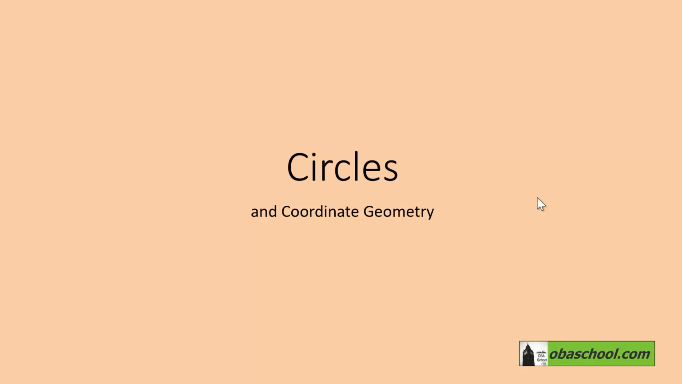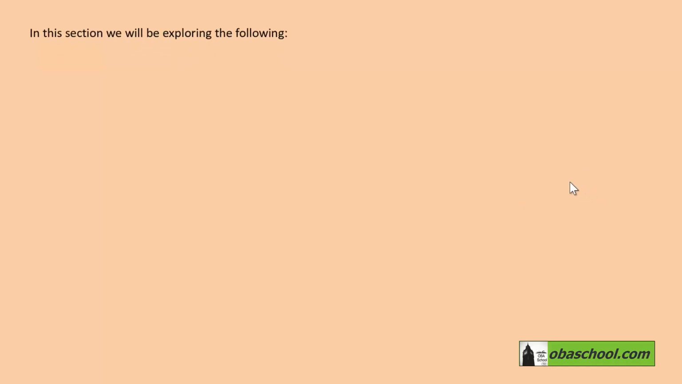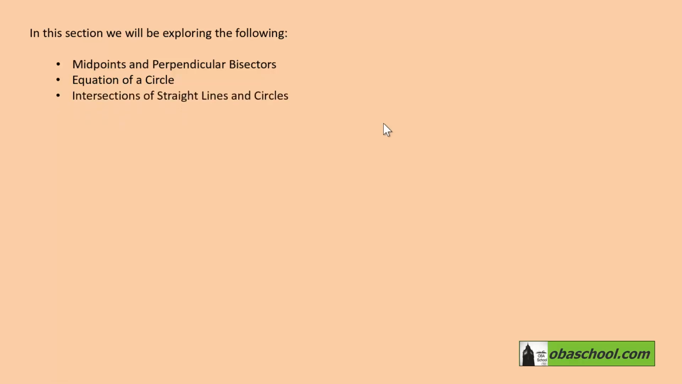Circles and coordinate geometry. In this section, we will be exploring the following: midpoints and perpendicular bisectors, the equation of a circle, intersections of straight lines and circles, tangent and chord properties, circles and triangles. So, as a brief overview of what's coming up in this chapter,